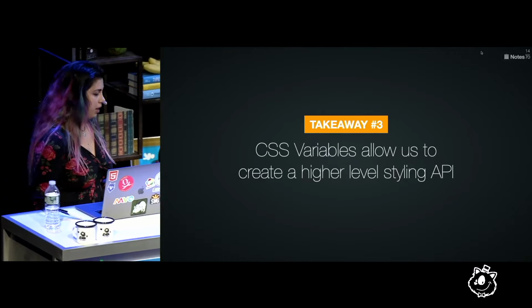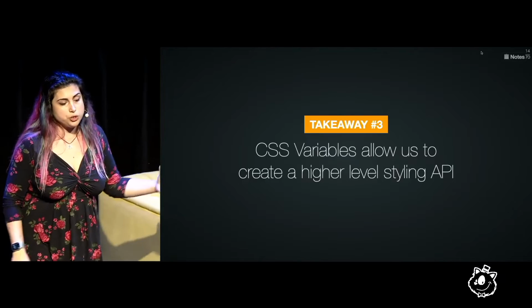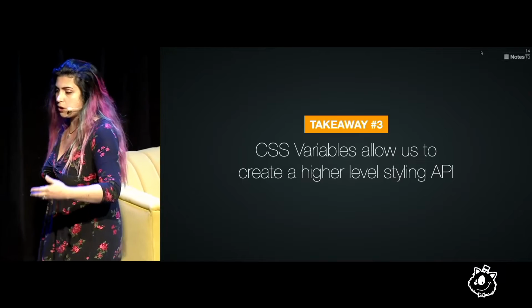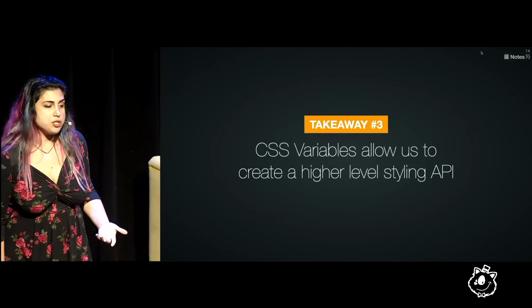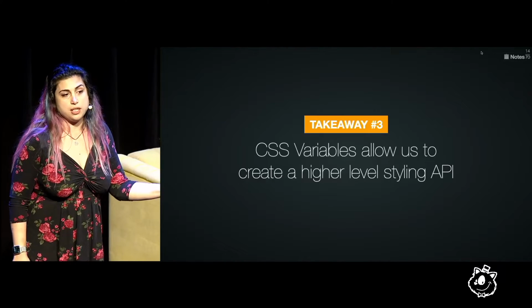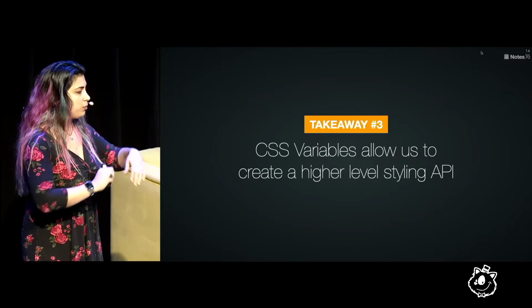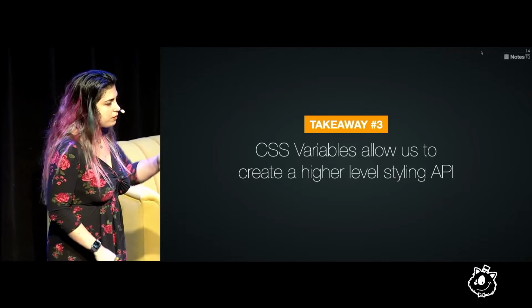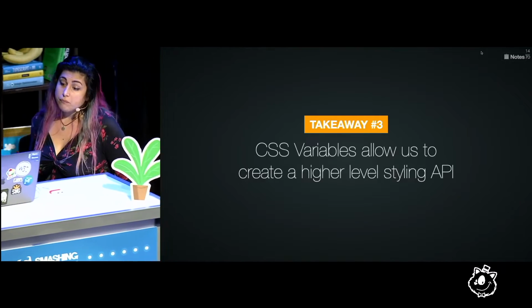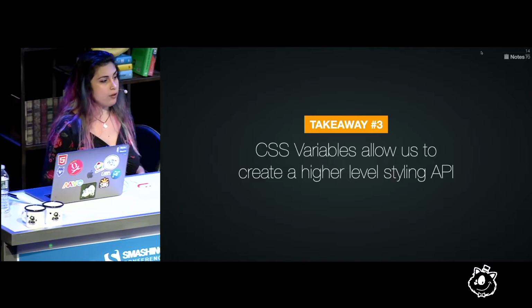CSS variables allow us to create a higher level styling API. Someone that is using our component and is styling it with the color variable that we introduced, that we exposed, that we documented, doesn't need to change their code when we decided to have this fancy hover effect. They can still continue using --color, and our code just adapts to it, and now when they update the CSS file of our button that they are using, they now get the fancy hover effect without having to change anything about their own code.